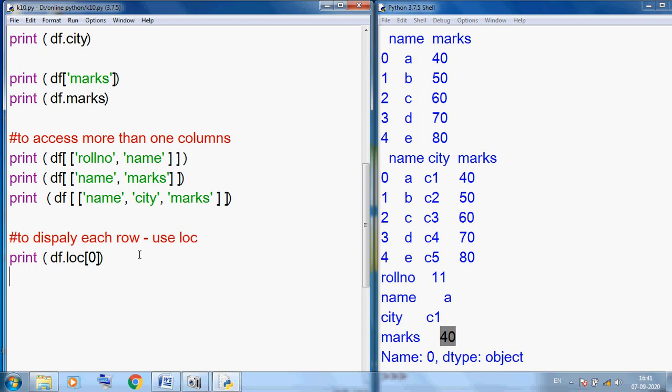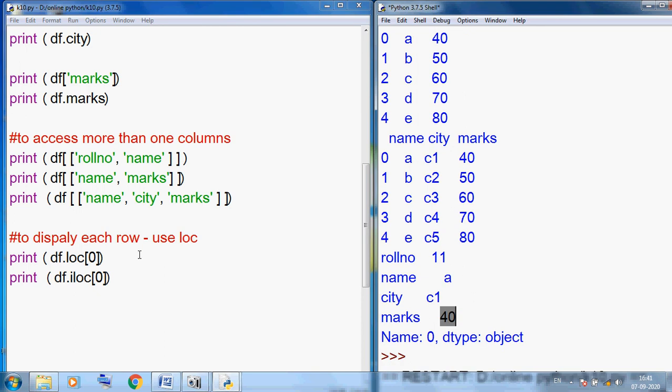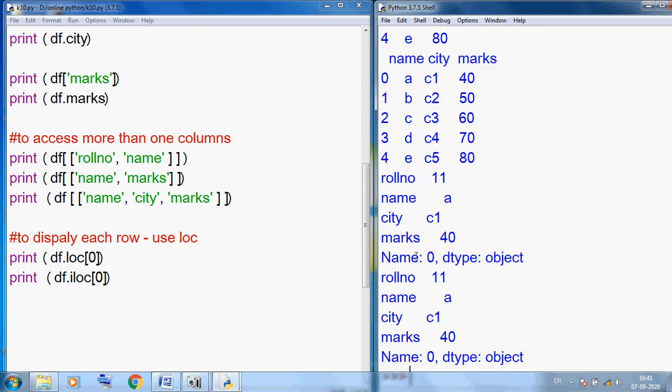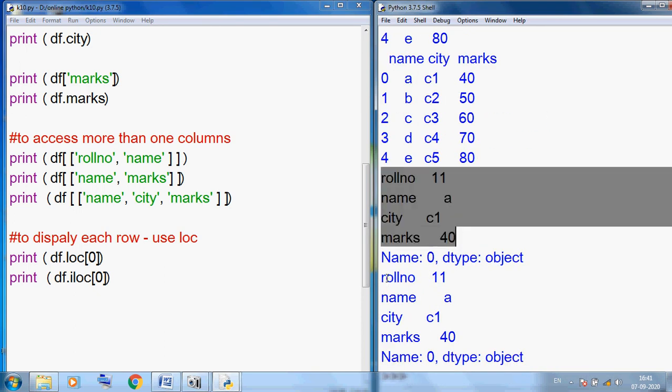Here I am using another thing, we can also use iloc, integer location. We know very well loc works only with label index. So we can use loc and iloc to access each row in a data frame. There is no problem. So you can see this is our loc output, this is our iloc output.